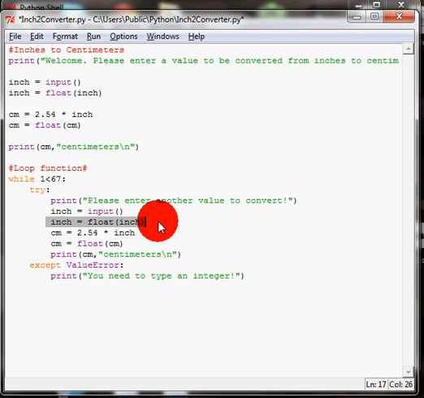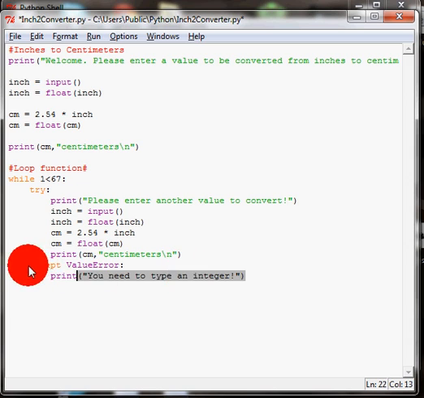So then it's going to keep running because the computer knows that it's a try function. It'll look down and look at the accept function that's right after it. The accept function says value error. It looks at what the error here was and says, oh, it's a value error. And then it'll look into the accept function and see print, you need to type an integer. After it follows the instructions within the accept function, it'll go all the way back up to the try function and do it again, and ask the user for another inch to input another